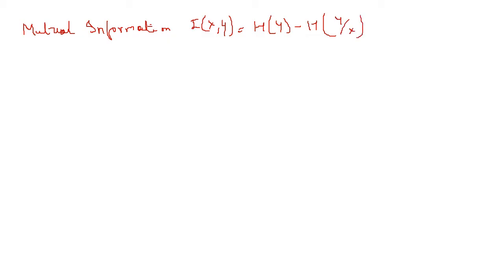So mutual information I(x,y) is given by the formula H(y) minus H(y|x). So we'll substitute the respective equations 1 and 2 here. So we are going to get H(y), which is (p bar w plus p w bar) into log of 1 by (p bar w plus p w bar) plus